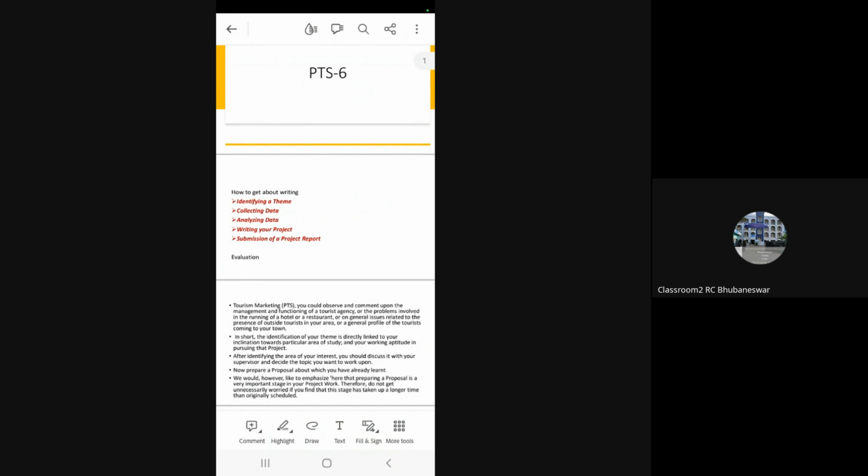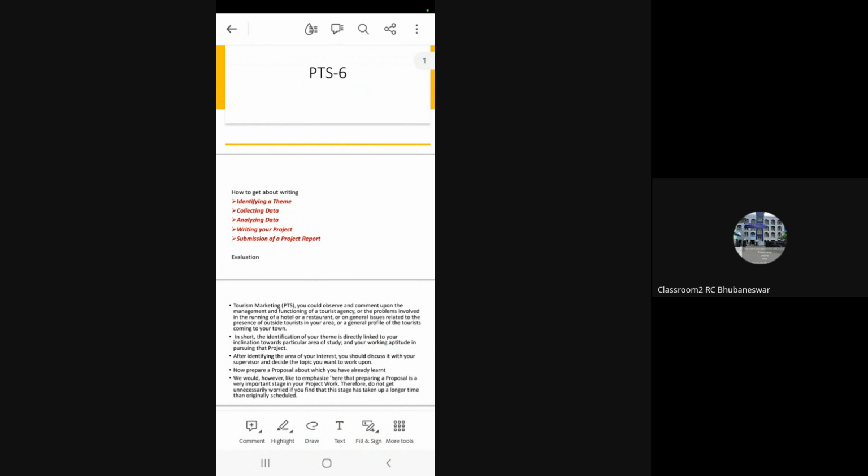So first thing, we need to have a theme, which is very essential. Once we get the theme, we can go ahead with the project, the topic basically. Right now, we are looking at how you would prepare your proposal. The proposal should be within 400 words, but the project report should be within 4,000 to 5,000 words. So the first thing is that you need to identify your theme. That is very, very important.